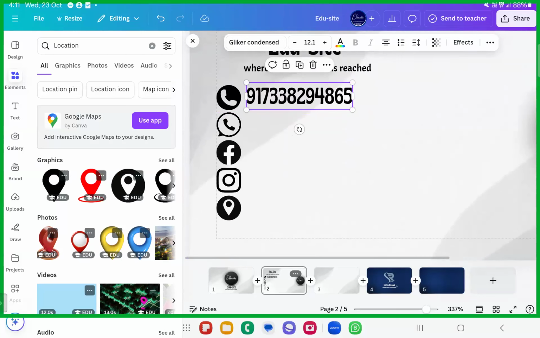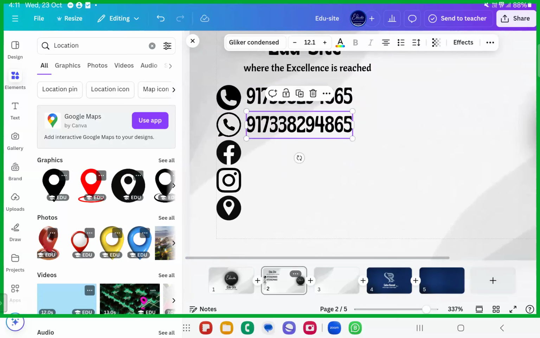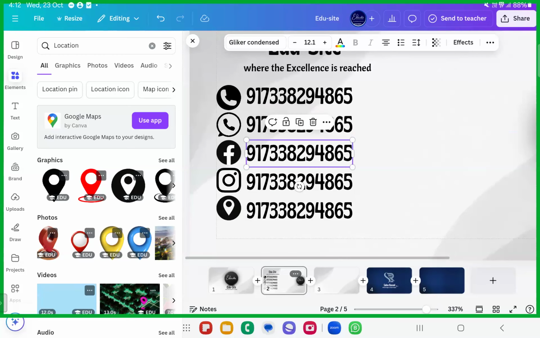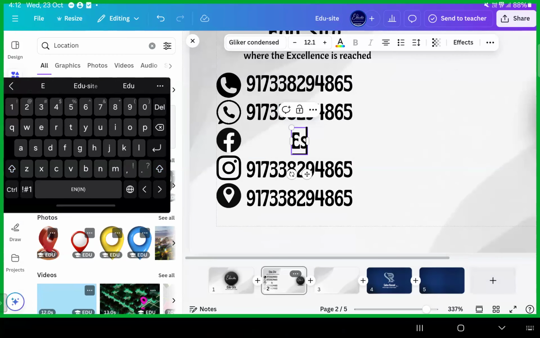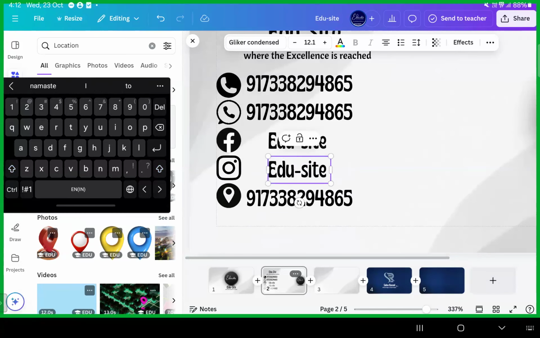Now duplicate the same thing and place it properly with this. Once this is done, duplicate, duplicate, duplicate. Now just change it, whatever you want. At EDU-SITE. Then EDU-SITE again. Then EDU-SITE.